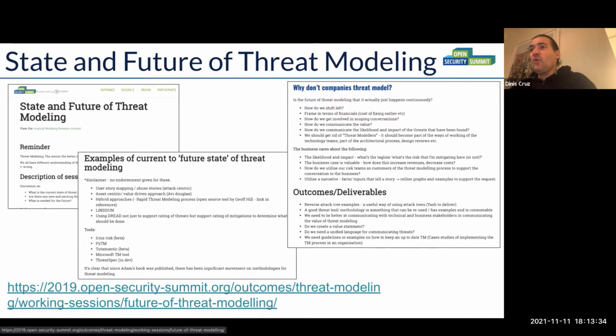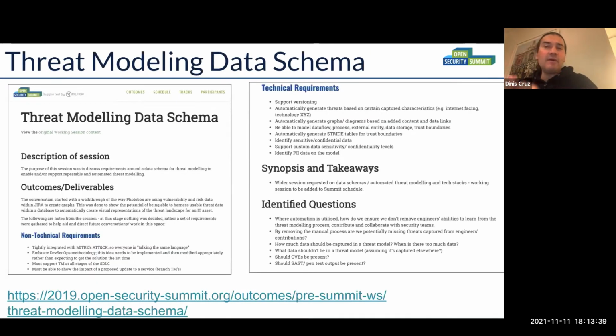This session was another really powerful one, which is the threat modeling data schema. This is one of the things that is a recurring theme. In the way we were talking about this in 2019, I don't think we have evolved as much as we could. And kind of the logic here is that you're trying to figure out a data schema for threat modeling. And there's a lot of great thinking here, right?